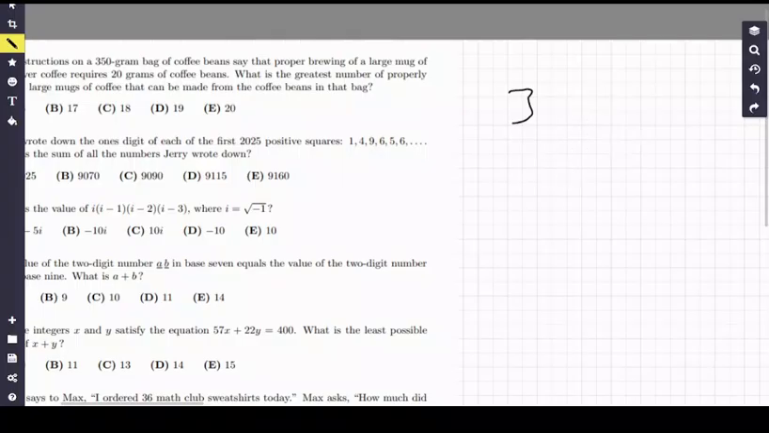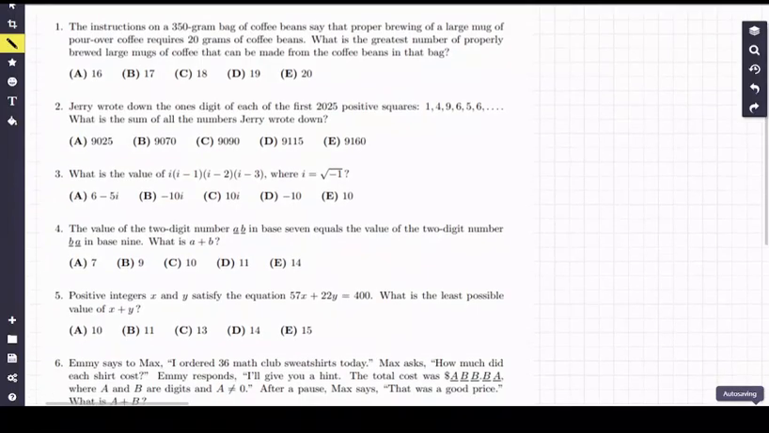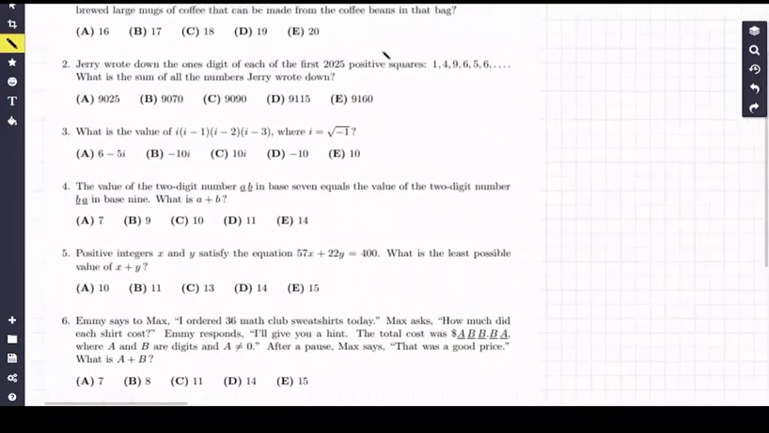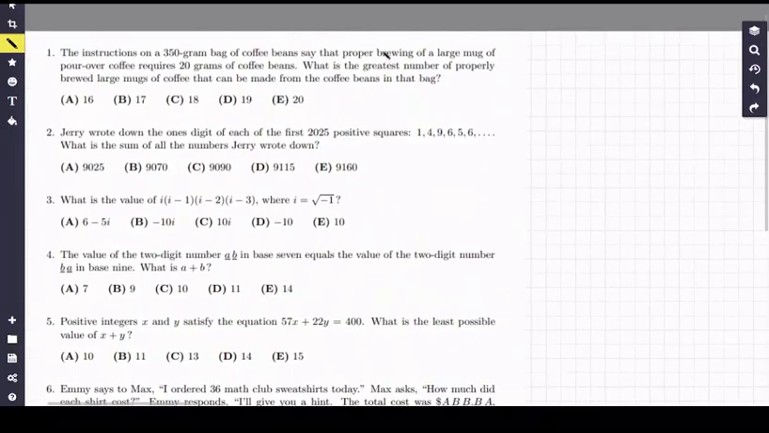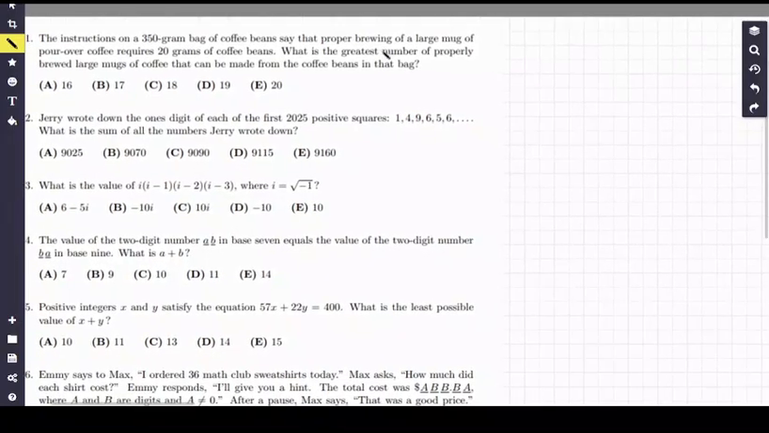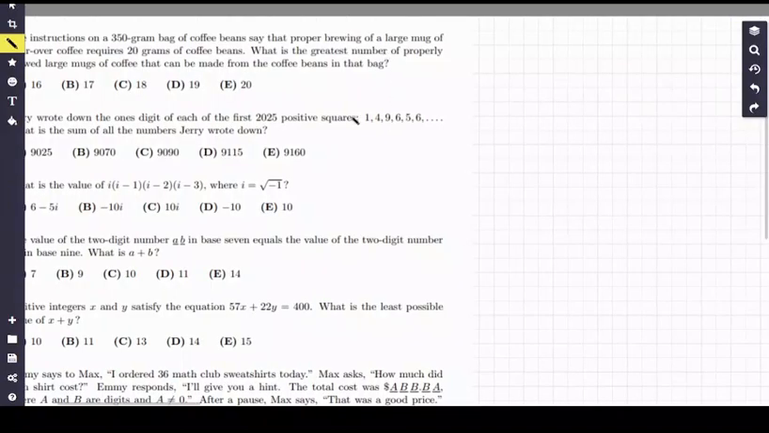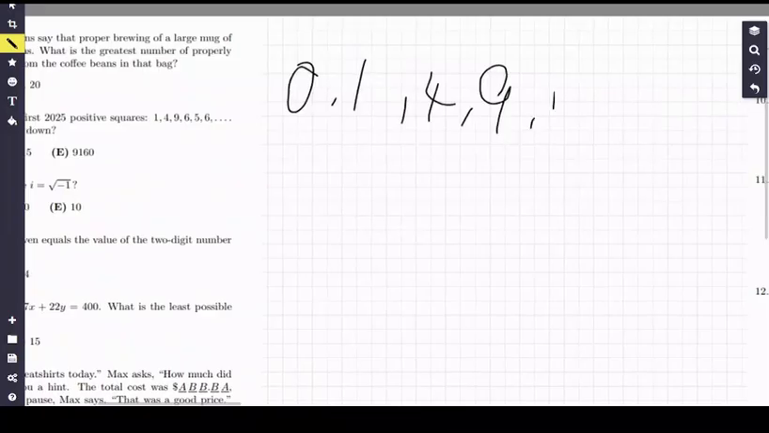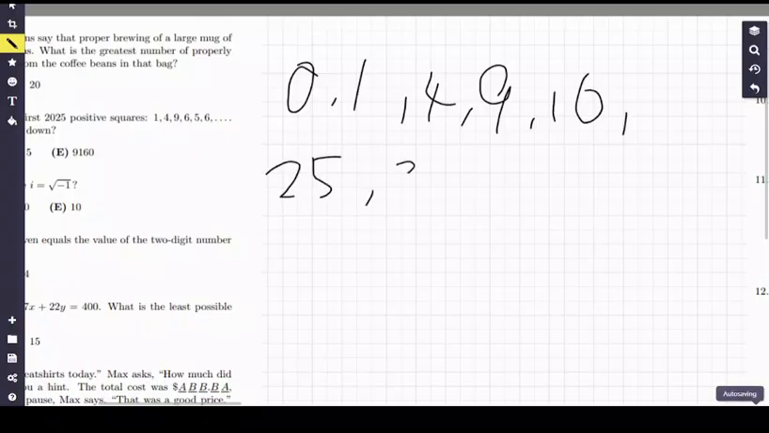The second question is actually a pattern question, which I think is a little rare, because I don't think there are a lot of pattern questions on the AMC 12 or last year's. If you wrote down the first few positive squares, and by the way, we're looking at the ones digit. Before 1, there's actually 0, 1, 4, 9. A lot of people missed 0, which I think is a huge problem. Then 16, 25, 36,